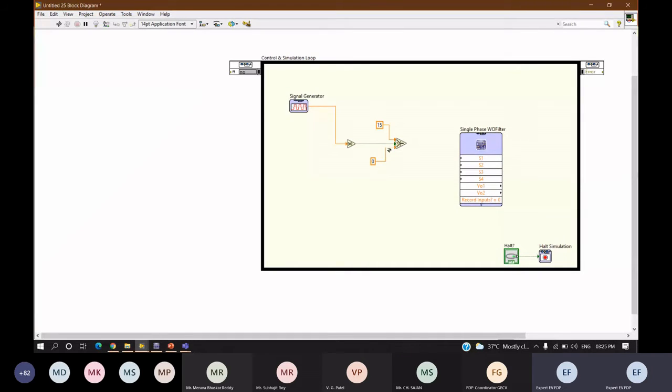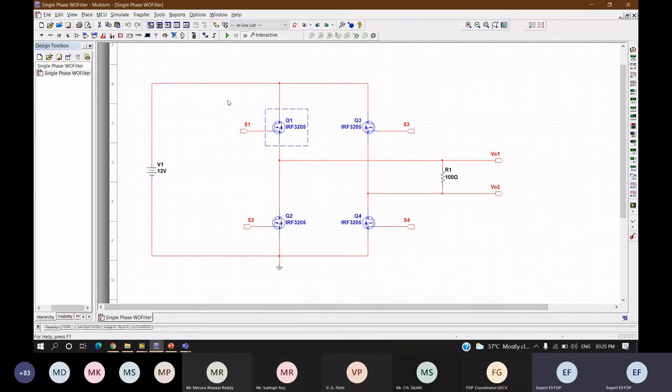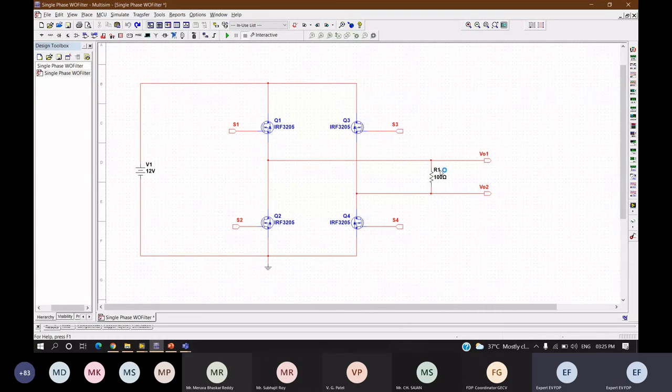So we know that these inputs I need to provide for S1 and S4, because those two are a single leg pair. A voltage will flow through this MOSFET, through the load, and to close the circuit, it will flow through S4.